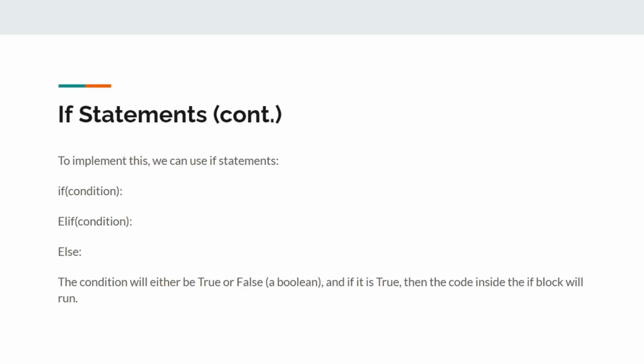So to actually implement this in our code, we can use if statements, like I said. You do this by typing if, then parentheses, and inside the parentheses, you put the condition. Similarly, there's elif, which is kind of like else if, which works in the same way, except it'll only be checked if the first condition was not true. Finally, there's else, which does not need to have a condition, and will only be run if the other 2